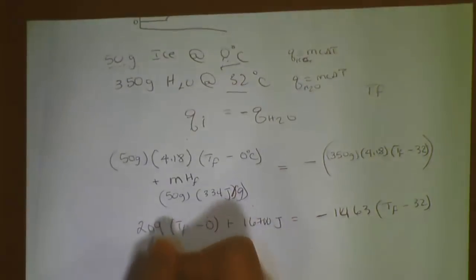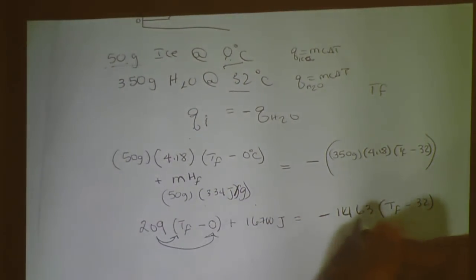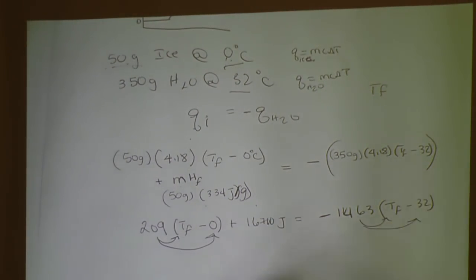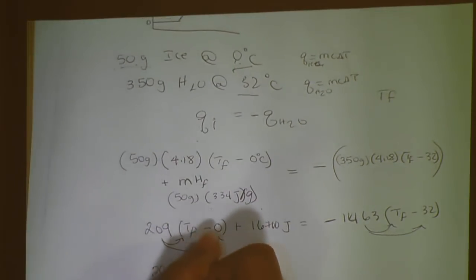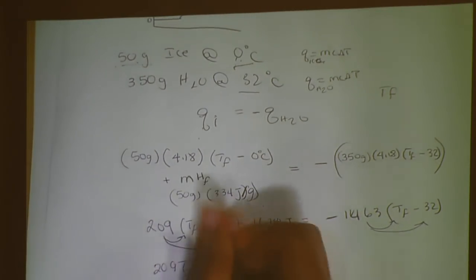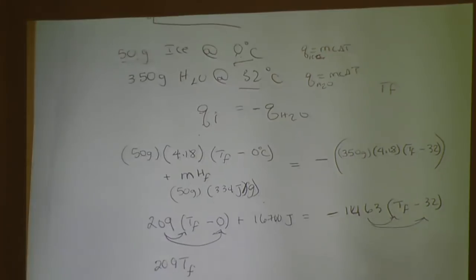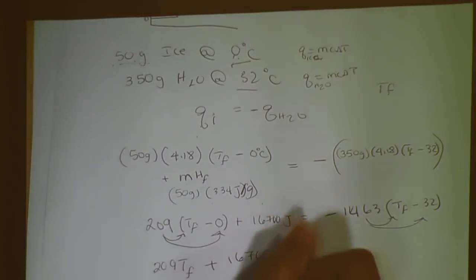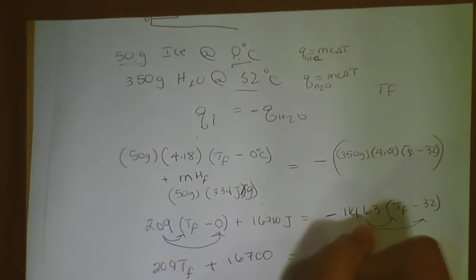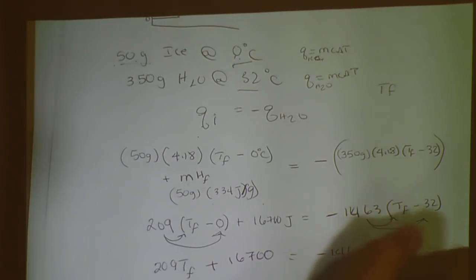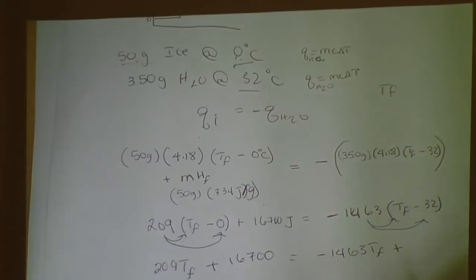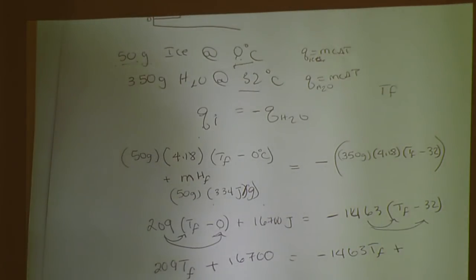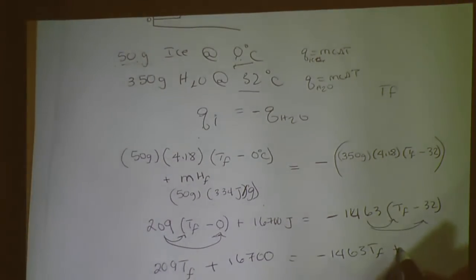So you're going to distribute it like this. 209 TF minus 0, because 0 and 209 multiplied is 0, plus 16700 equals negative 1463 TF plus 1463 times 32, that's why you get the plus,